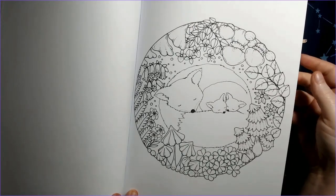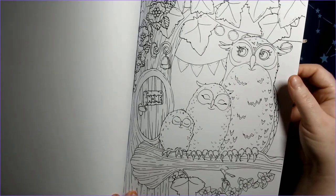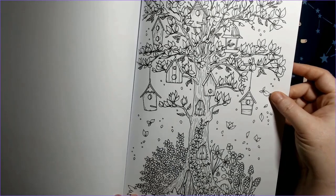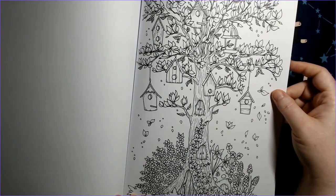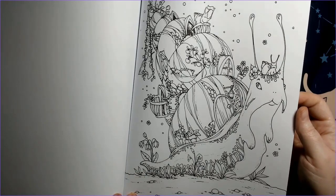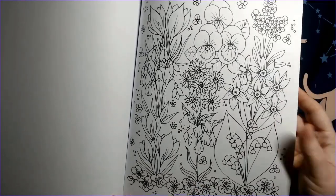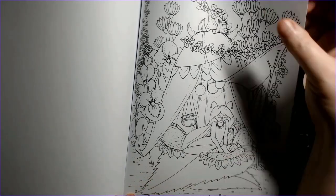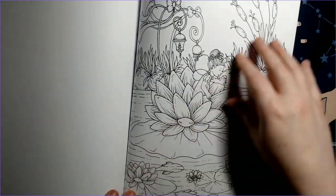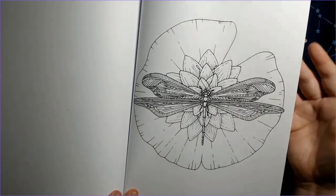Love this picture. Love the deer too. And the owls. Yeah, y'all, I saw the owls. The owls are always my weak point. I love them so much. I'm so scared to color them. The things I love the most in life, I always buy books that have them in them, like cats and owls and woodland creatures and stuff. The problem is I want to do them so well that I get nervous about actually coloring them, and I get overwhelmed, and then I don't ever color them. So I have books and books of cats and owls and stuff, and I don't have as many colored as you would think, because I feel like they've got to be done right for how much I love them. Anyway,